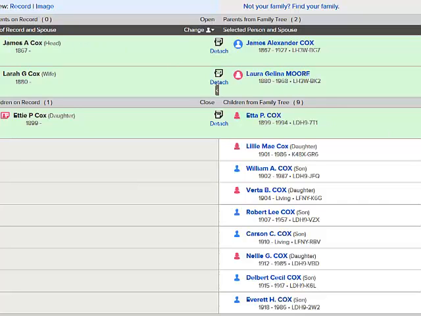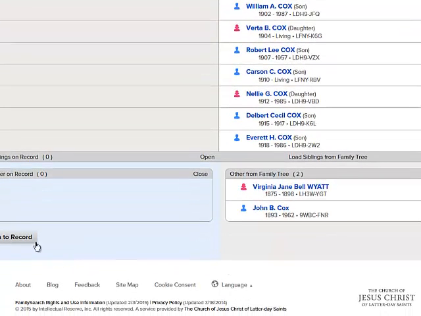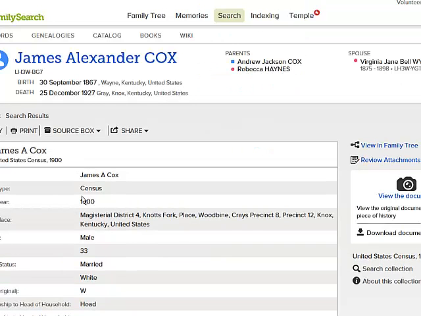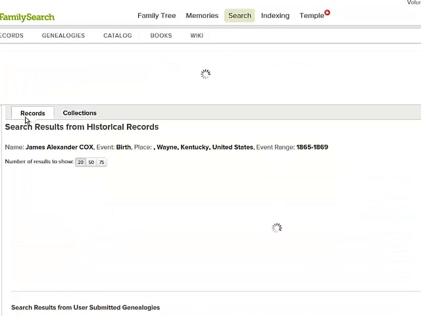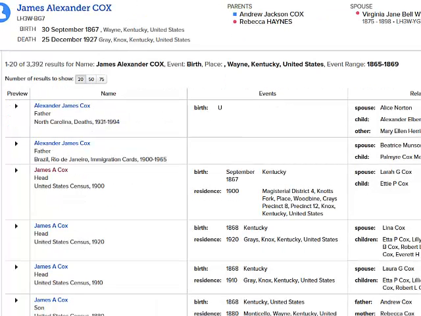Okay, so now that we've attached all the people in the census, we have to come down here to say return to record. Okay, and then it takes you back to the preview box, and then you have to go to search results. It's a little more cumbersome this way. It takes a little bit more effort, you might say, but it's worth it in the end. Okay. All right, so we saw the 20 census already. And there it is. And if we click on it,